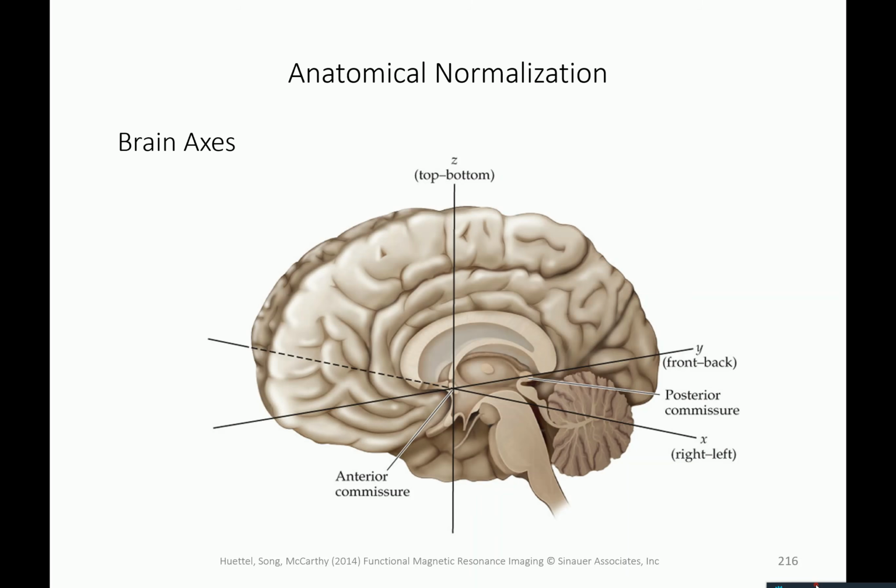Anatomical normalization refers to getting the brain of a single participant into some common space, so that you can compare the activations of different participants and maybe even do a group analysis where you have a voxel that refers to the same brain area in different participants. And anatomical normalization is always done when you do group analysis, and I think the common form of data analysis,